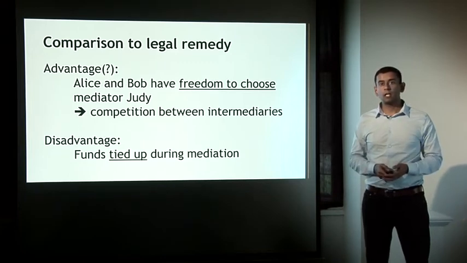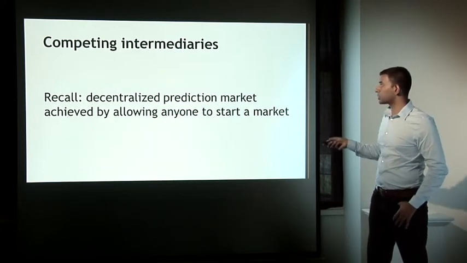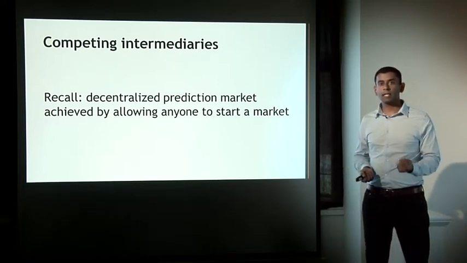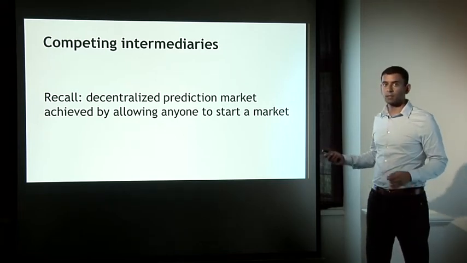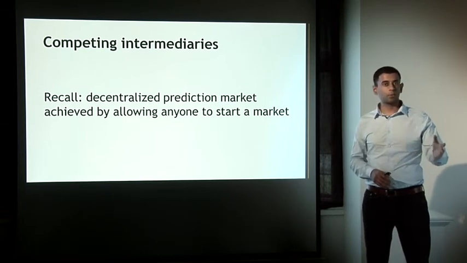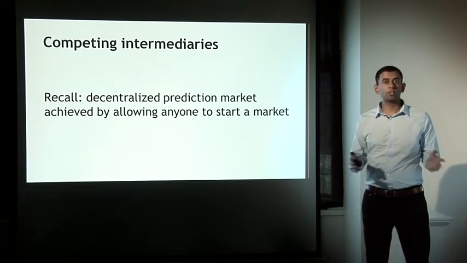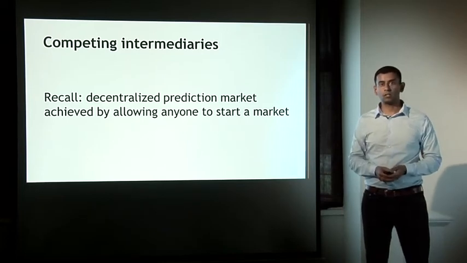In a previous lecture, you saw the notion of decentralizing prediction markets. And what we did in that situation is also we allowed, instead of a single party like Intrade running everybody's prediction market, we said anybody can now start a market. Let's really lower the barrier to entry. If somebody wants to run a prediction market for the next presidential election, go for it. Someone else wants to run a prediction market for the Super Bowl, they're free to do so. In fact, multiple people can run different prediction markets for the same event. There's nobody stopping them. So you have this competitive market for intermediaries. So that's another sense of the word decentralization.